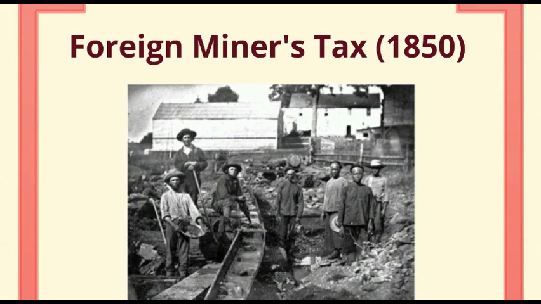So the problem was that this foreign miners tax was only enforced on the Chinese, and obviously it was because they look completely different. When you had a bunch of Irish arriving to do the same thing, they were pretty much left alone and weren't forced to pay this tax, but the Chinese were. And in the end, I don't remember the exact numbers, but the amount of money that was collected from all the gold that was discovered through this tax ended up being in the hundreds of millions of dollars. And in today's time, we're talking about money that's probably worth in the billions of dollars.